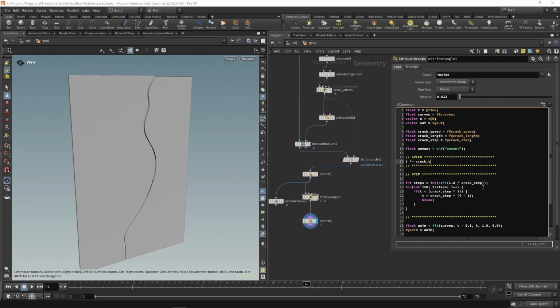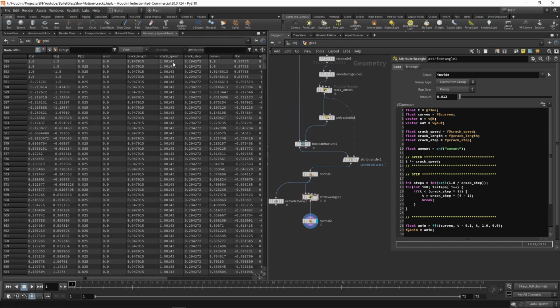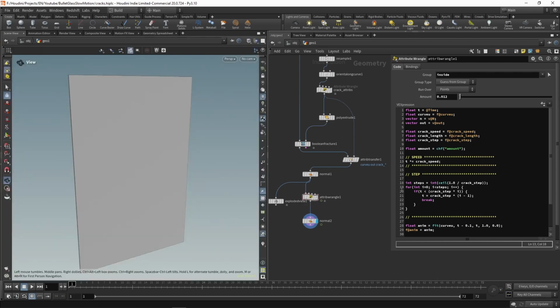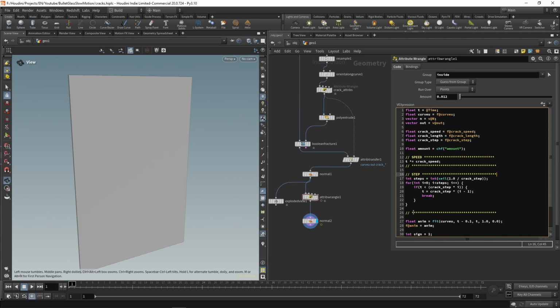It's just a multiplier. Okay, now which speed do we have? Well, 1.00, okay, it's the same. And for the length,